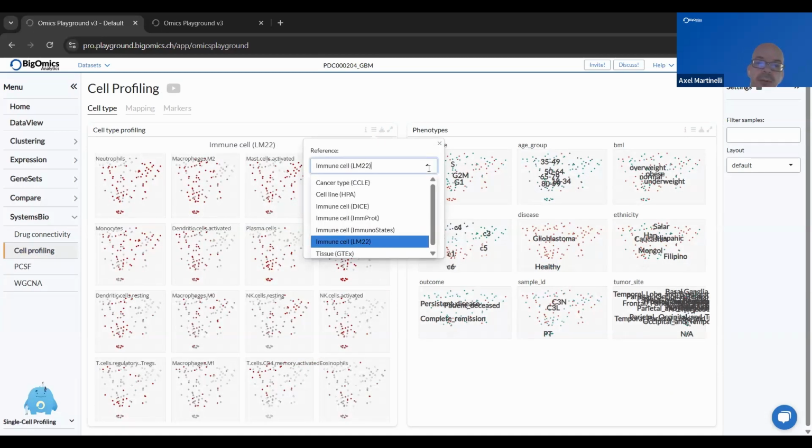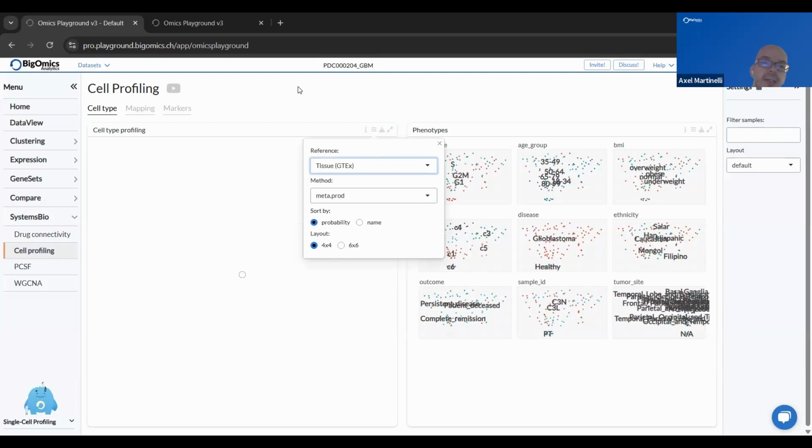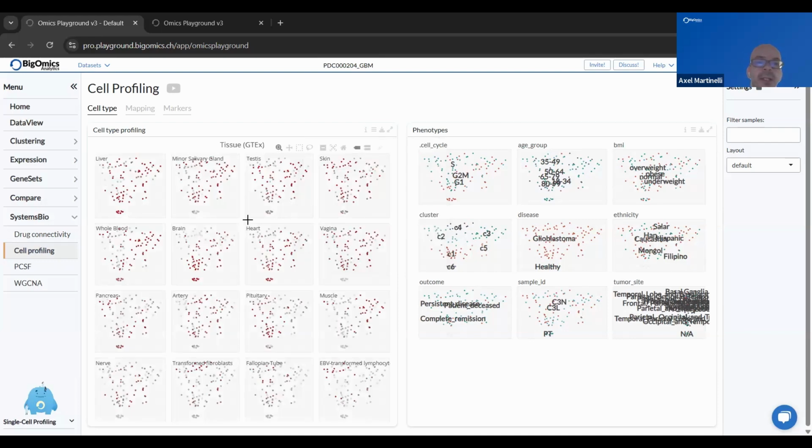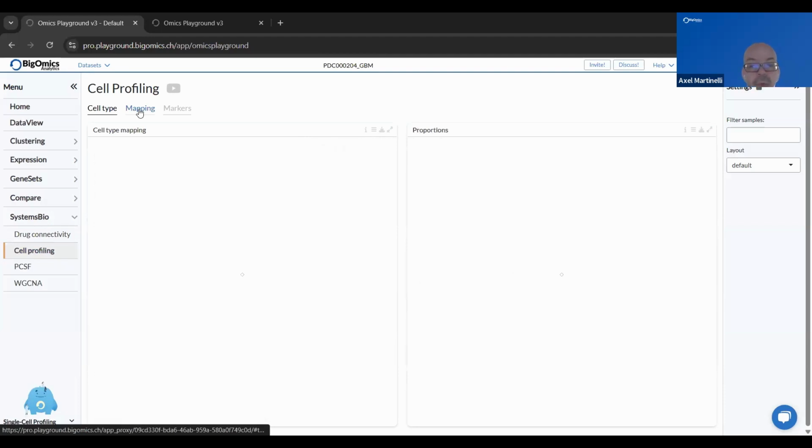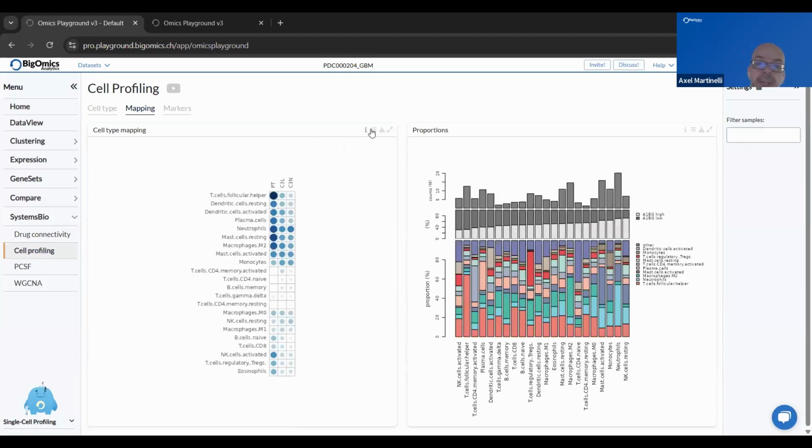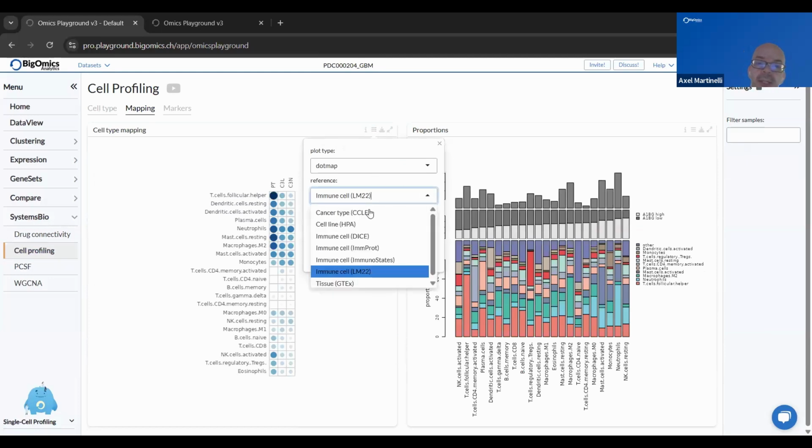And as you can see from the list here, we have different databases that we can use. A lot of them are immune related, but we also have cell line, cancer type, and tissue type. So if I select tissue type here, you can see that it tells me, well, it's brain tissue, but it matches foremost with liver, and brain is only down the list. But there is a good explanation for that. And we can visualize that more when we go under mapping. And again, if we select the same database,